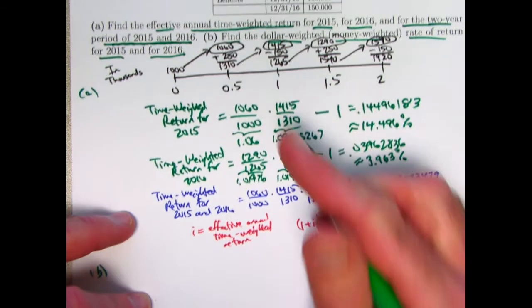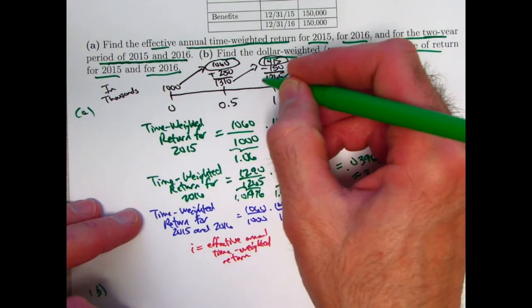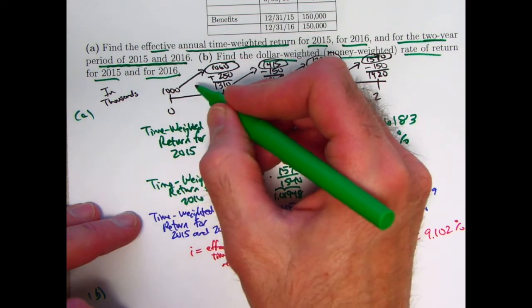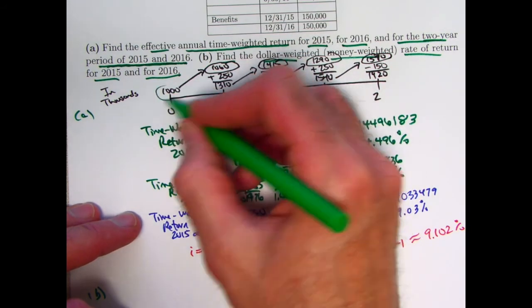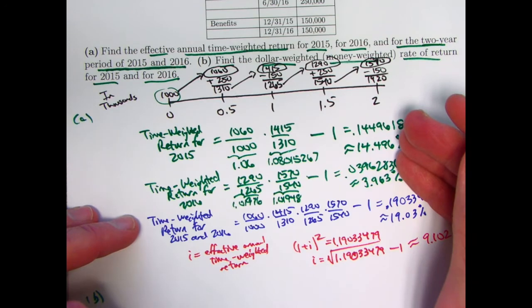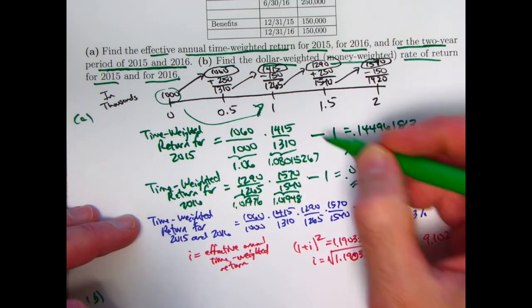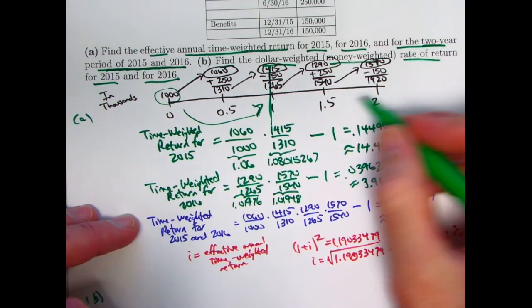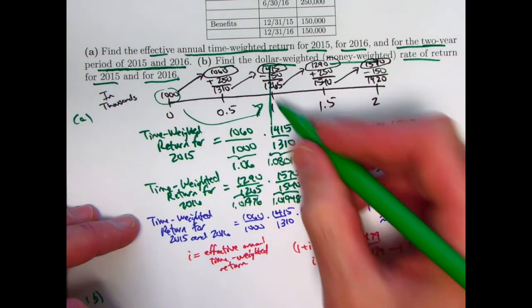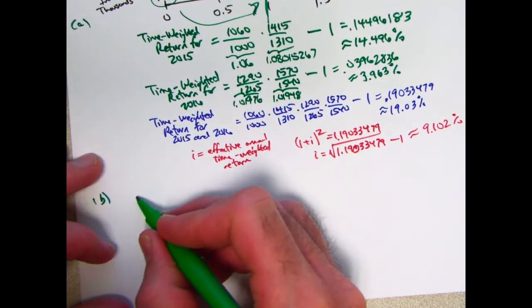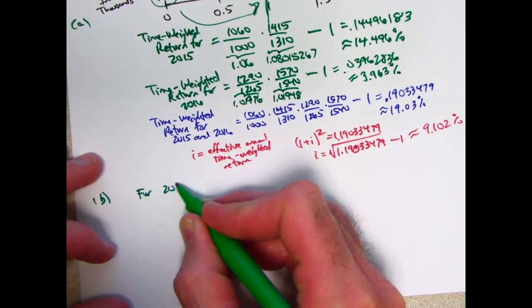We're going to take all these amounts over each single year, based on the contributions and withdrawals and the starting balance, and promote them in time, say to one year, to the end of that year. So I'm separating it into two different years here, and set it equal to the future value, the final balance at the end. So for 2015,